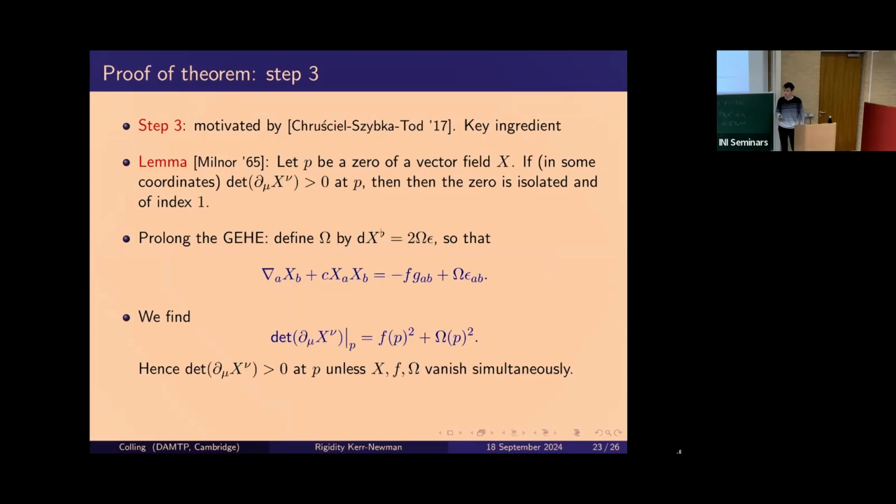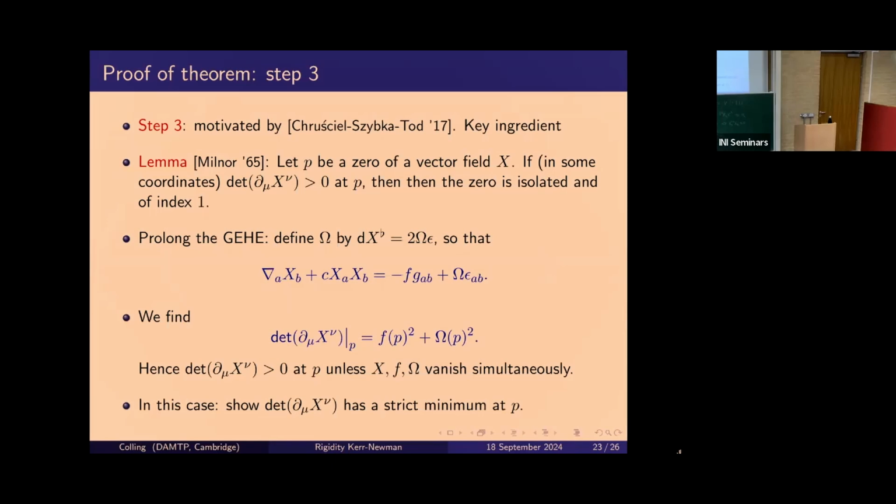So this degenerate case, I'm not sure if it can actually happen or not, but even if it does happen, I do have an argument for why the index is still positive. It might not be 1 anymore. And this relies on showing that the determinant at such a point, such a degenerate zero, will have a strict minimum. So a useful example to keep in mind is